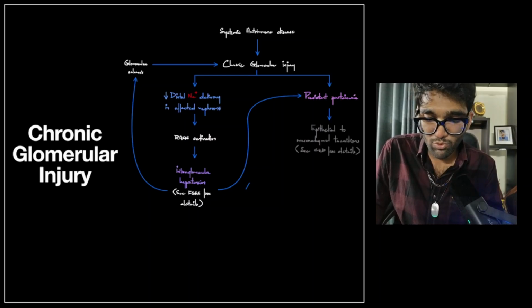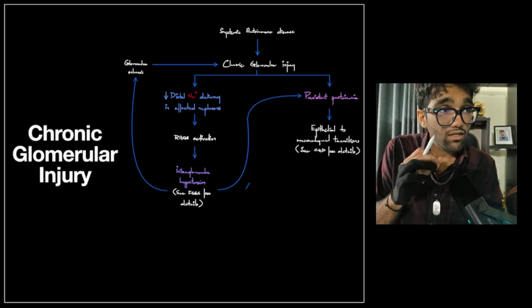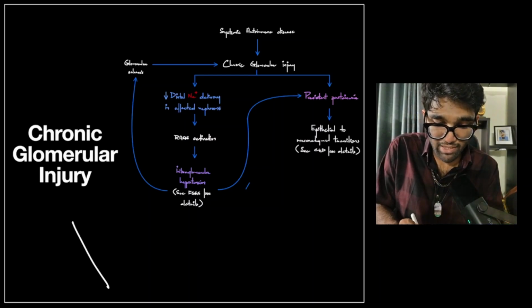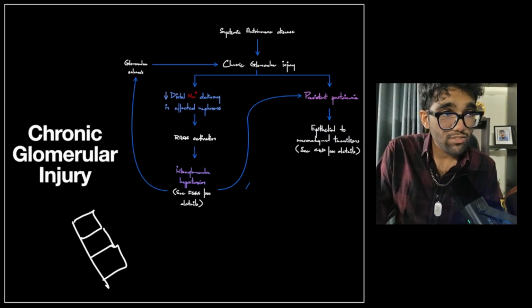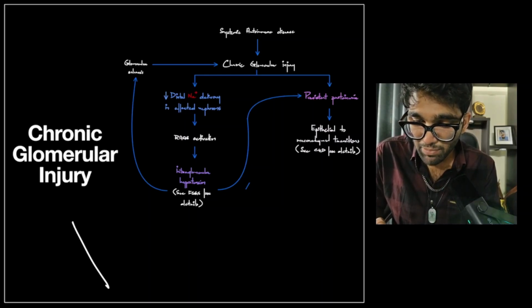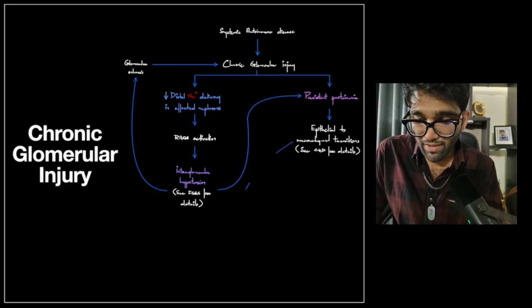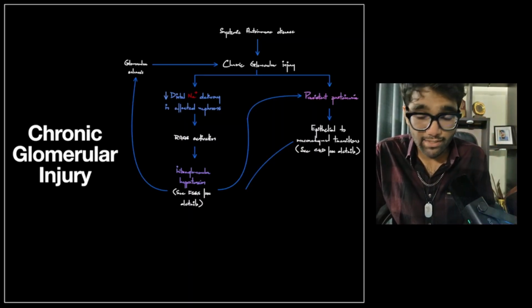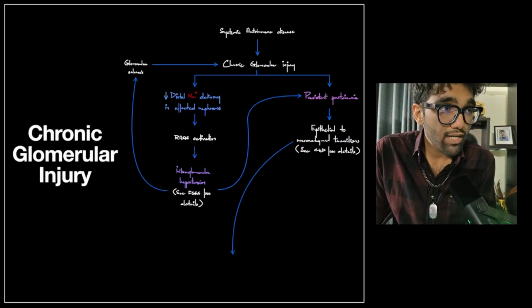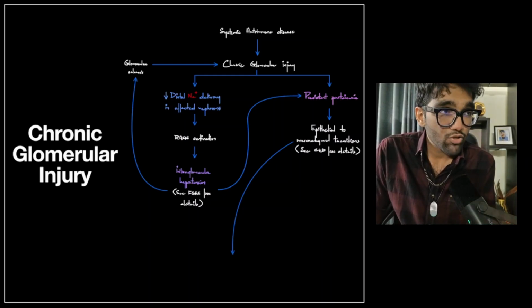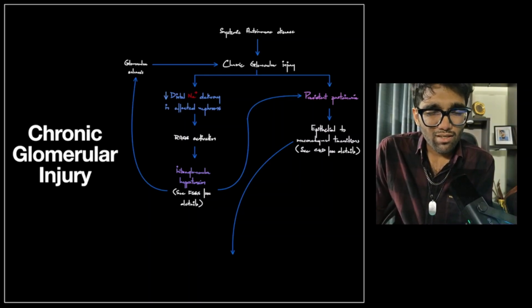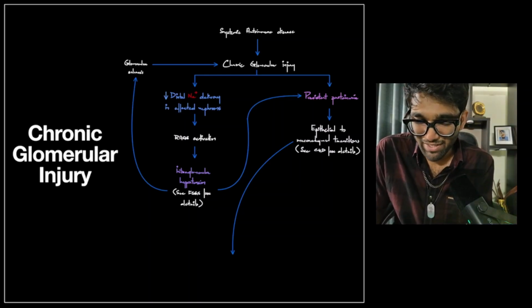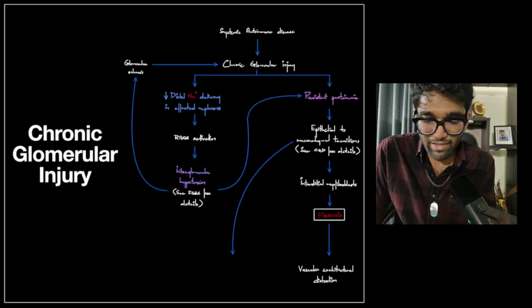Okay, now this persistent proteinuria results in signaling to the tubular epithelial cells downstream of this damaged glomerulus to convert from epithelial cells to mesenchymal cells, something that is called epithelial to mesenchymal transition. Okay, and this is actually a central component of your progression to chronic kidney disease. And that's how a glomerular injury eventually results in tubular damage, or rather tubular disassembly, it would be a better way to describe it, and that results in